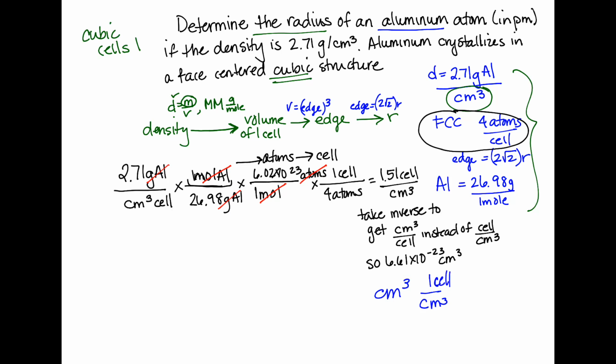So by paying attention to the units, you would know that you need to do this at the end. If you're concerned about why we did it this way so that we have to do this inverse at the end, the reason why we did it is because